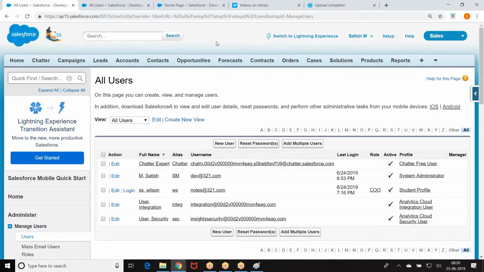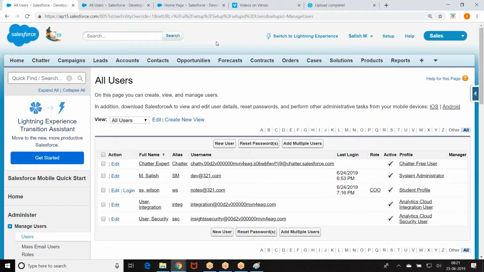Now, let us move on to the next story. Here I have one more context. My context was I want to submit the record for approval. Generally, in the approval process, we log in, click on a button, submit for approval, and the record gets submitted. Now, I don't want the record to be manually submitted by me. Whenever a particular condition is met, automatically I want the record to be submitted for approval. I don't want to manually interfere and submit the record.